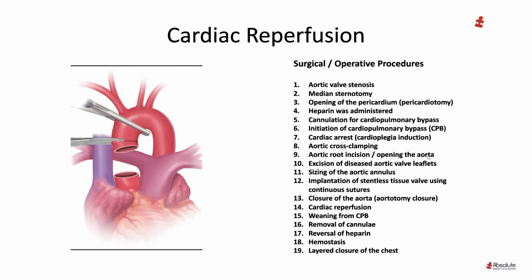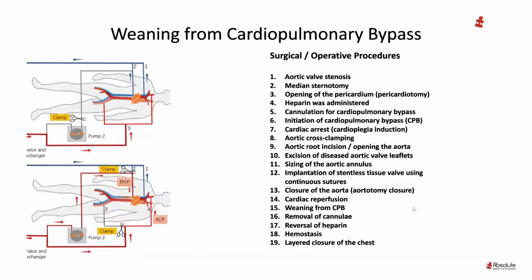After the closure, we have the reperfusion, right? So cardiac reperfusion is the moment during open heart surgery when the blood flow is restored. So as you've seen earlier, they've taken a lot of measures to stop the blood flow. Now it's time to get that blood flow back. And the first thing that they do is remove that cross clamp. So we're not going to code for reperfusion. That should be bundled into the surgery.